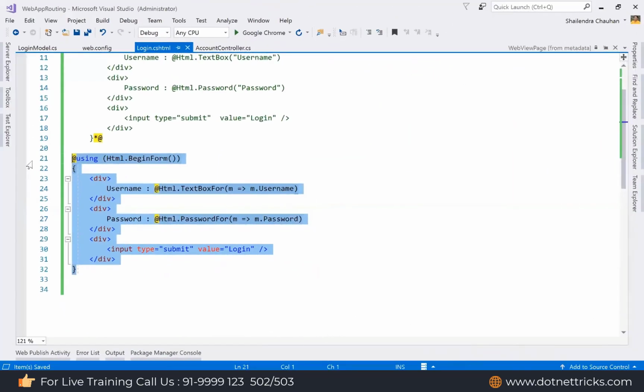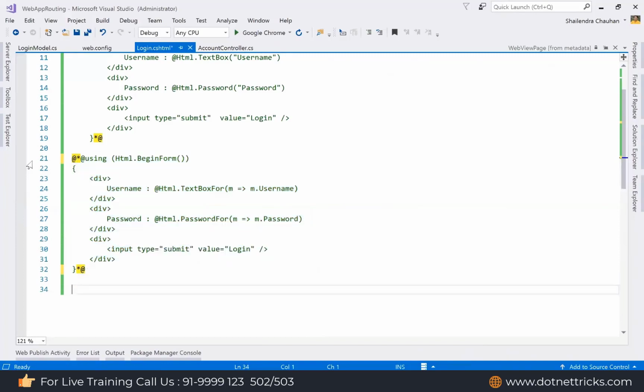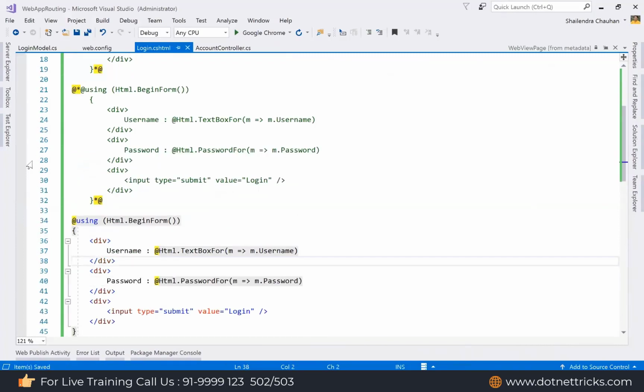And just like the strongly typed helper, we can use the template helper as well. In case of template helper, we use Editor For. In the template helper, we never specify the text box type, like whether it is a password, a text area, or a normal text box.